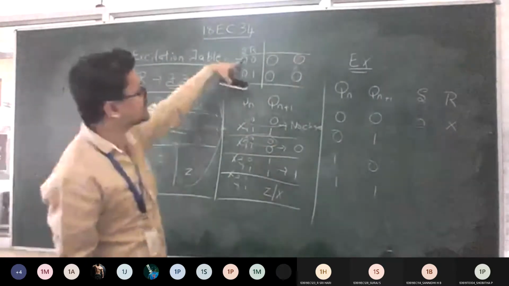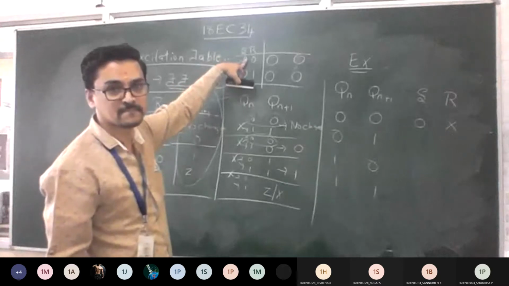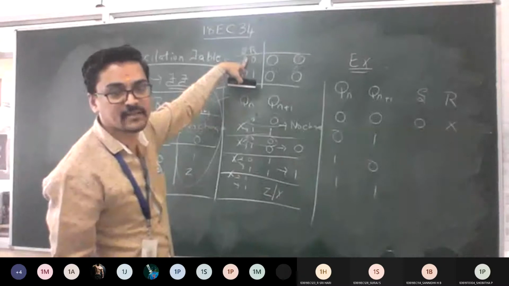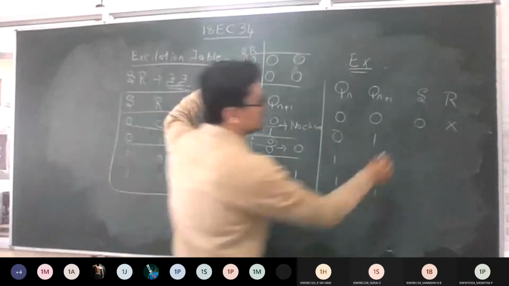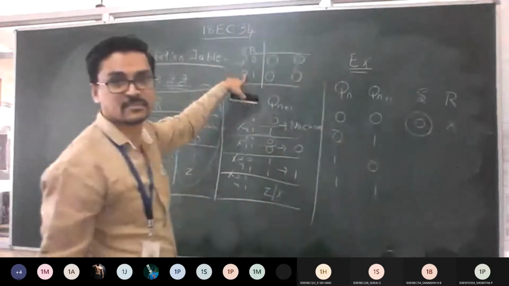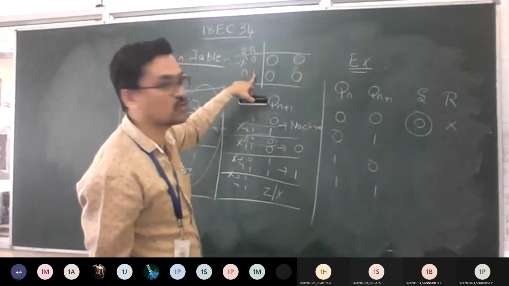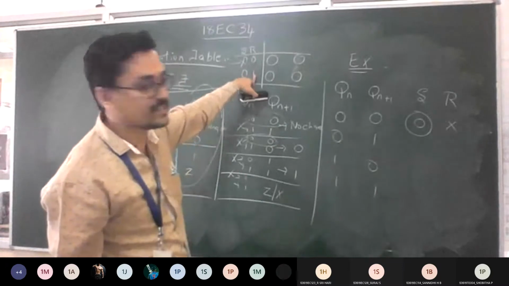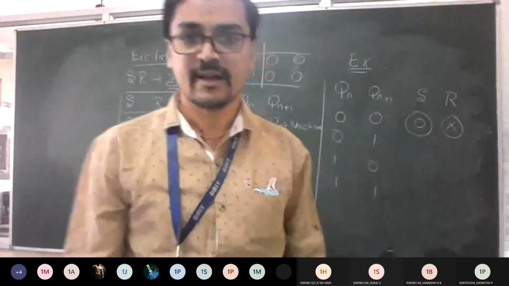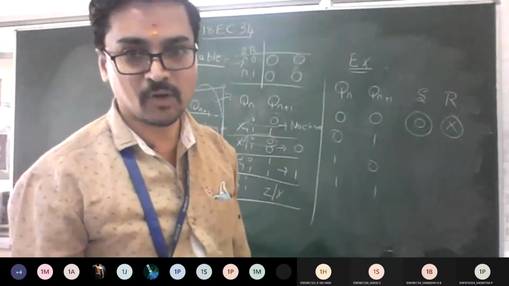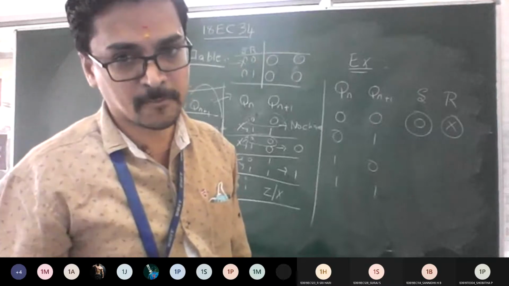Look at here. S has a common term in both. What is the common term there? 0. So can I take that 0 here? Understood? Similarly, you can look at here. R is changing from 0 to 1. So it means it should be don't care, right? That is why we have placed X in that position for the excitation table. How many still have doubts? Have you got the first line to be filled? Yes or no?